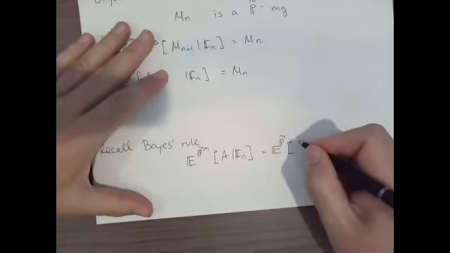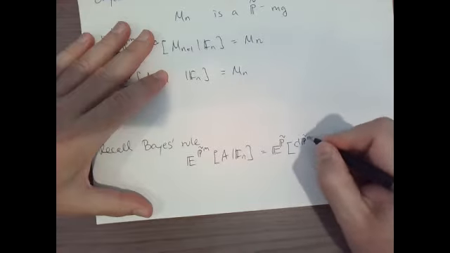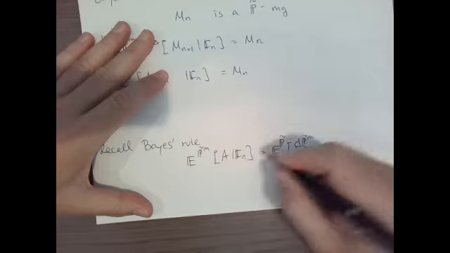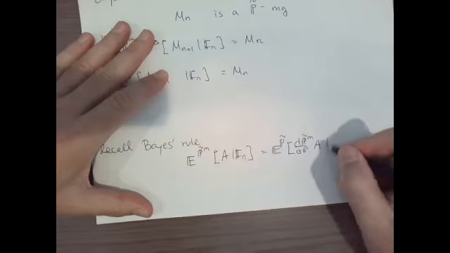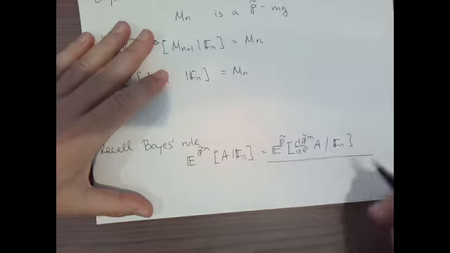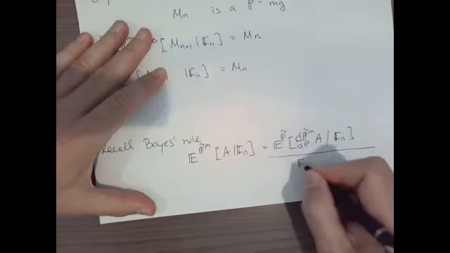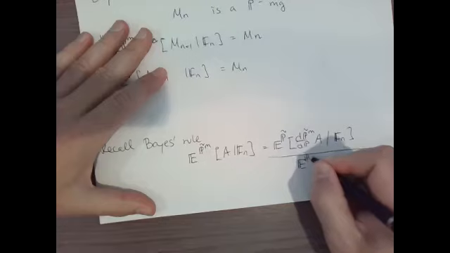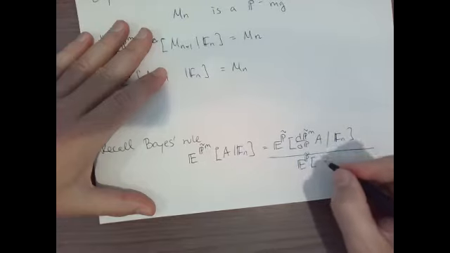So this will be dP tilde M/dP times A given Fn. Then you have to divide by the conditional expectation of the Radon-Nikodym derivative